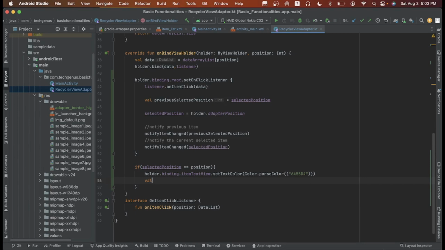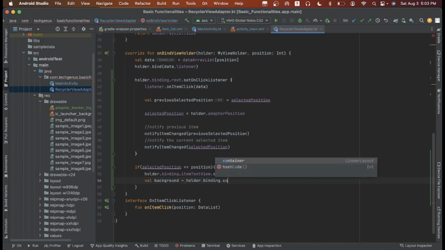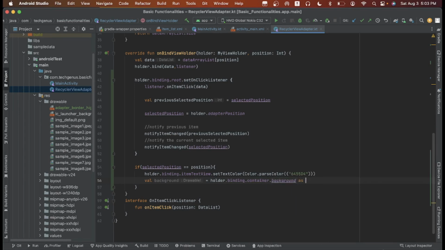Now we need to change the background color of the linear layout. Holder dot binding dot container, and then background as GradientDrawable.